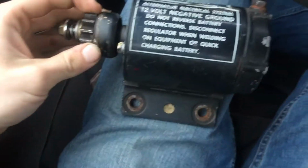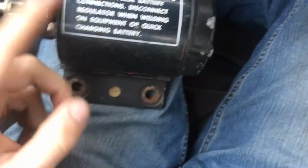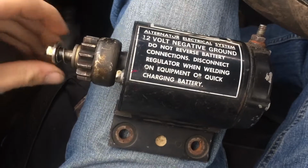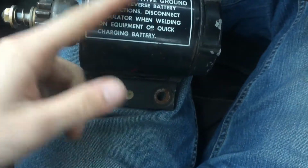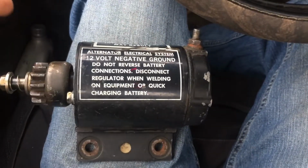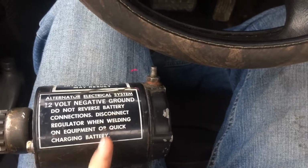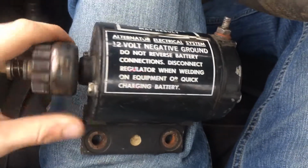And here's the finished product. I pulled it apart one more time. I knew I would have to. What I did wrong is I had the end of the shaft going up this way, so then the bendix didn't engage when you spun it, because the motor spins this way when positive is hooked onto the stud and then the ground is hooked to the body of the starter. So then the motor would spin this way and force the bendix to go in towards the starter, which doesn't engage it into the flywheel. So you need to reverse the polarity and get it to go towards the starter flywheel. So that engages out like that